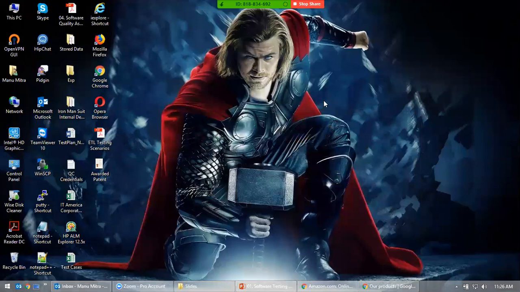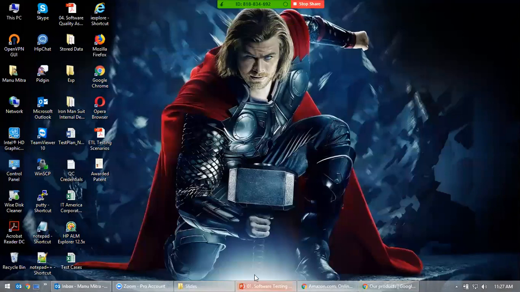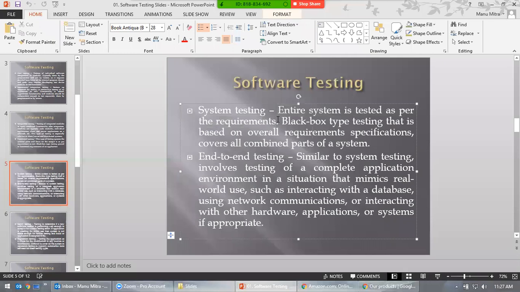I'll see what the requirement is. Let's say my requirement says only to test Firefox, then I'll be testing only Firefox, not IE. That's what is meant by entire system, based on the requirements.